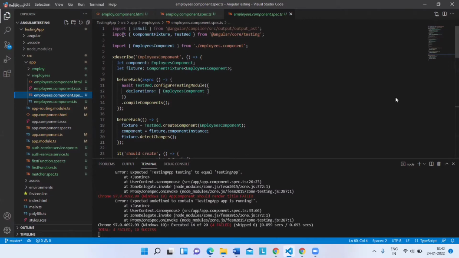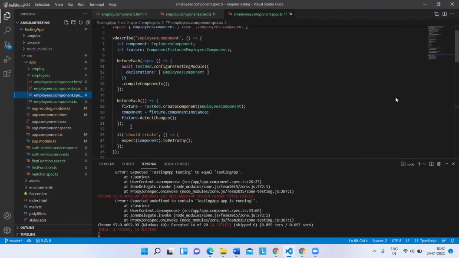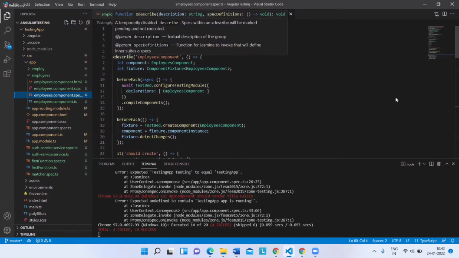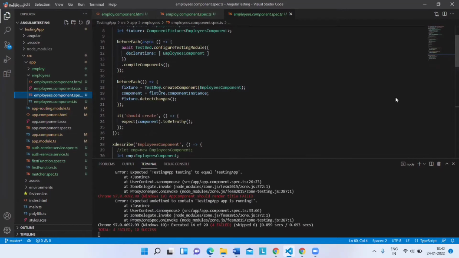As soon as you open this, you will see the import of the employee component. Then you can see a structure: something called describe, and within that describe, you have beforeEach and then it.